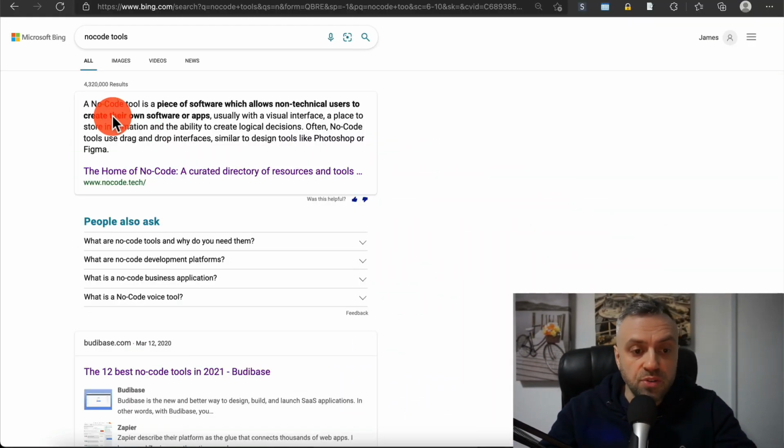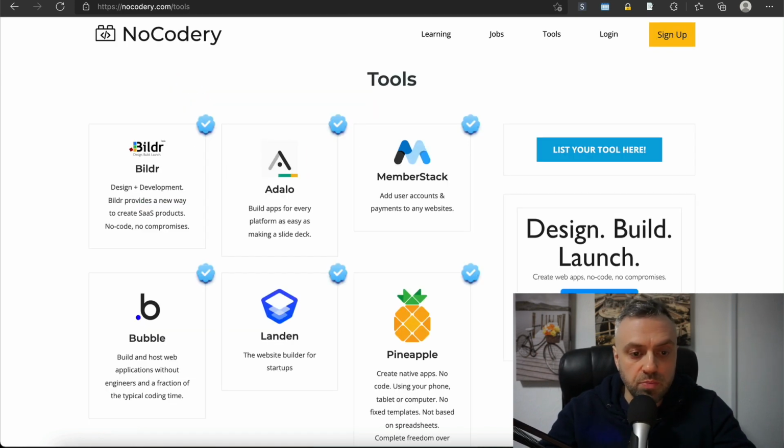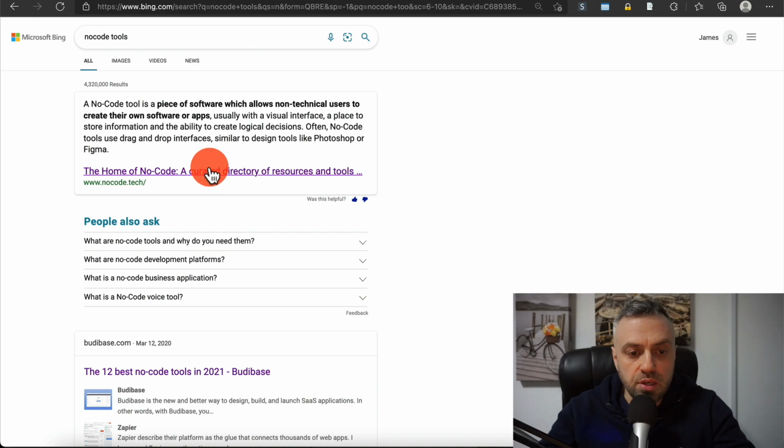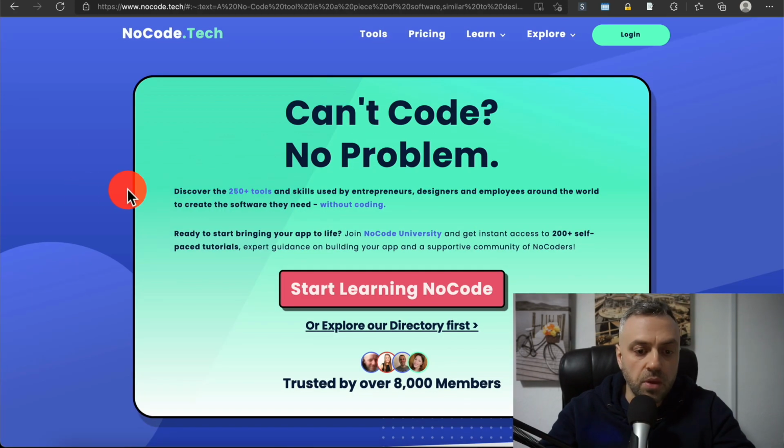All right, so the first thing is, what exactly is no code? You got to understand, and do not worry, it's not as complicated as it sounds. So you can read this right here. A no code tool is a piece of software which allows non-technical users to create their own software or app. So if I open this page up, we can see exactly what they're talking about. So can code, no problem. Discover the 250 plus tools and skills used by entrepreneurs, designers, and employees around the world to create software they